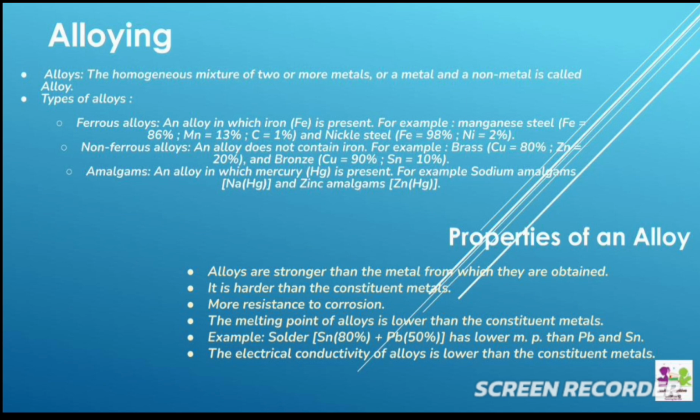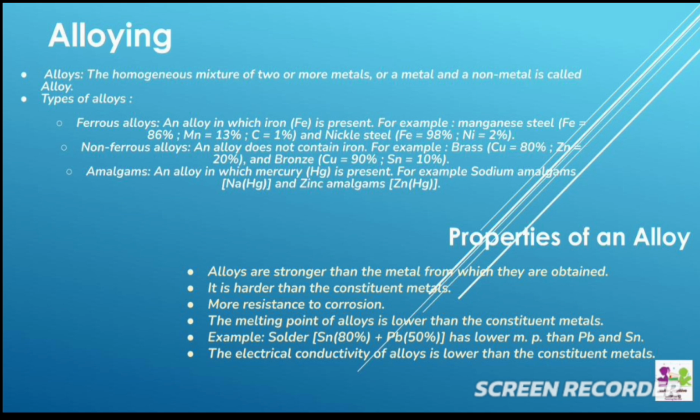There are different types of alloys. We have ferrous alloys. Ferrous means iron, right? So an alloy in which iron is present. For example, manganese steel, where the majority, 86 percent, is iron, manganese is 13 percent, and carbon is 1 percent. Similarly, nickel steel, where 98 percent is iron, with nickel just 2 percent. These alloys are predominantly iron, so they are known as ferrous